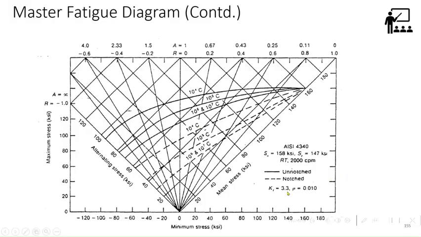Okay, this was unnotched, and this one is calculated for KT equal to 3.3. So you imagine, for different KT, to find out what is the cost. So it involves